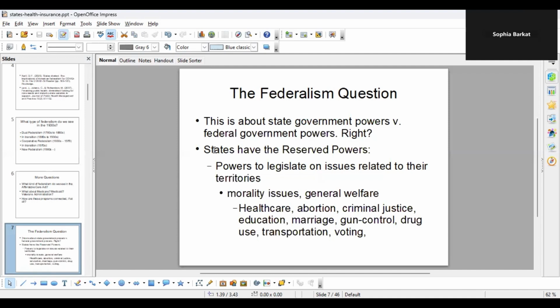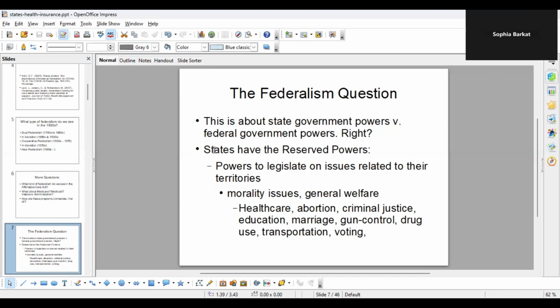So states have reserve powers, right? Powers to legislate on issues related to their territories, related to morality issues, related to general welfare, as I have been mentioning. So morality issues is this big thing, and we can see this when it comes to issues of abortion, criminal justice, marriage, gun control, drug use,